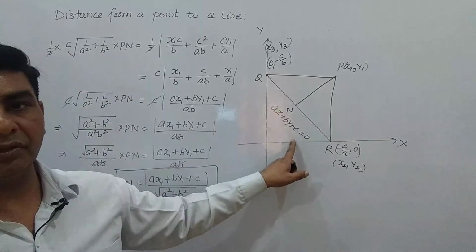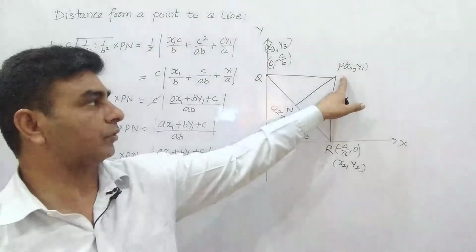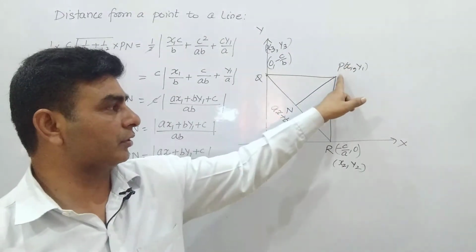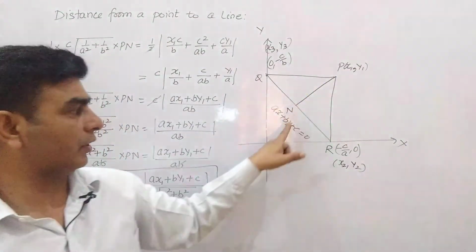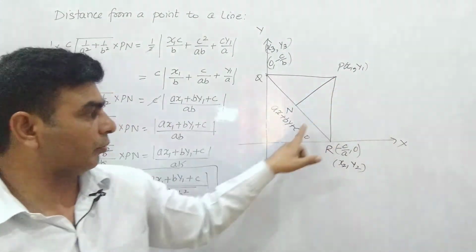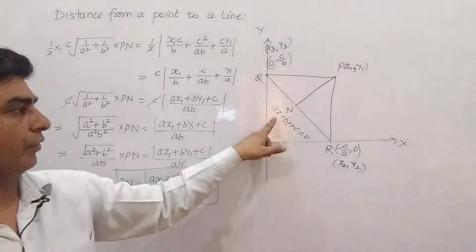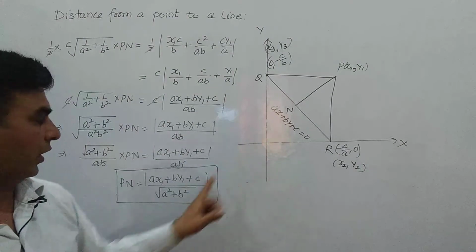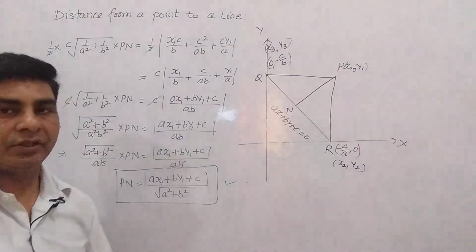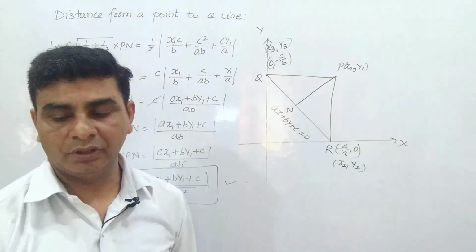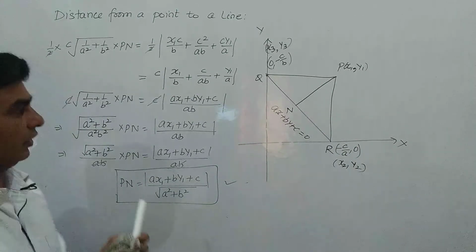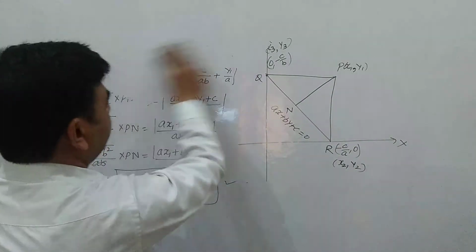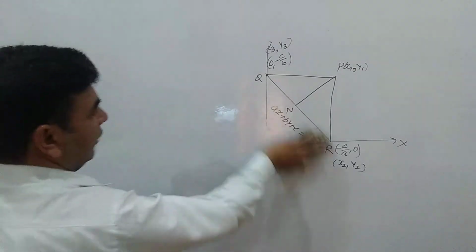This is the equation of a line given to you, and if any point is given in the form of x1 comma y1, then the perpendicular distance from this point to the line is given by coefficient of x multiplied by the x coordinate plus coefficient of y multiplied by the y coordinate plus the constant quantity, upon the coefficient of x square plus coefficient of y square under the root. So this is the formula to find the perpendicular distance from a point to a line. Let me do a question based on this formula, question number 4 from your exercise 10.3. After that we will find the distance between two parallel lines.